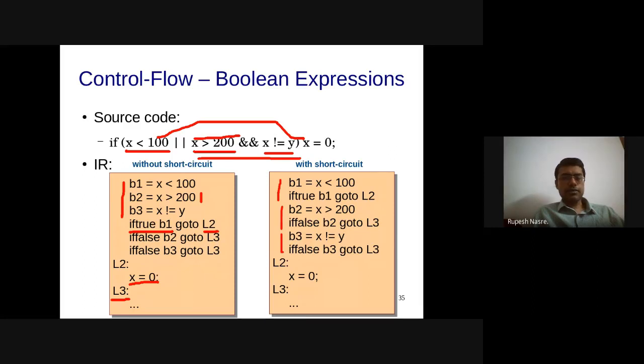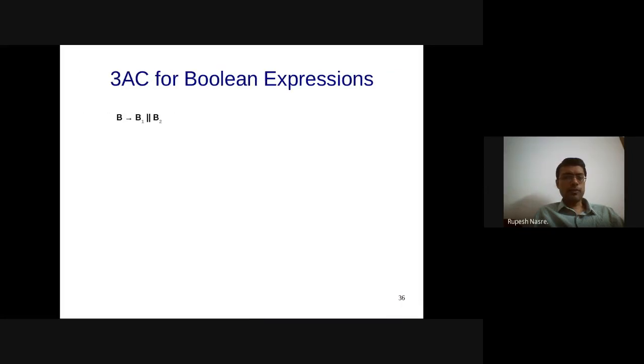All right. So I'll move ahead from here. This was just an example of how Boolean expression short circuiting is going to happen. Now let's actually start generating IR for different kinds of expressions. In this case, the first expression we are talking about is B or B, which means using the OR operator. We are going to discuss OR, and then I'll ask you to write down IR corresponding to other constructs, let's say ampersand, not, etc.